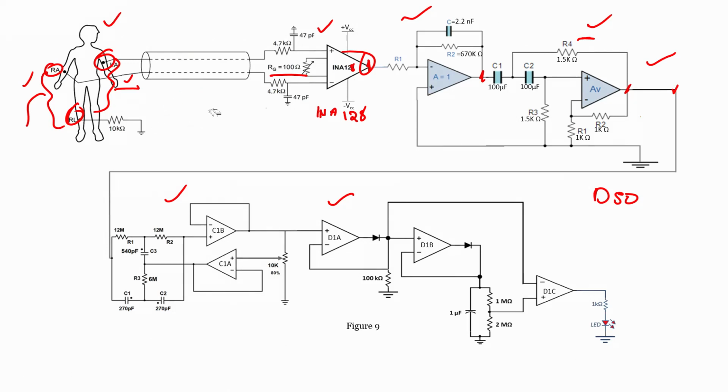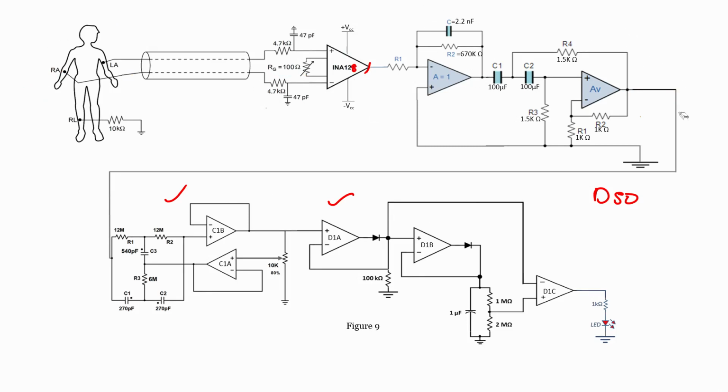Now we will try to see the outputs at each and every point. Starting from the output at the instrumentation amplifier at this point, then connecting the output of the instrumentation amplifier to the low pass filter and checking the output at this point, and connecting the output of the low pass filter to the high pass filter and checking the output at this point, we will see how much difference there is in the amplified version as well as the elimination of noise in the pre-processing stage. Everything we can observe at this point too.